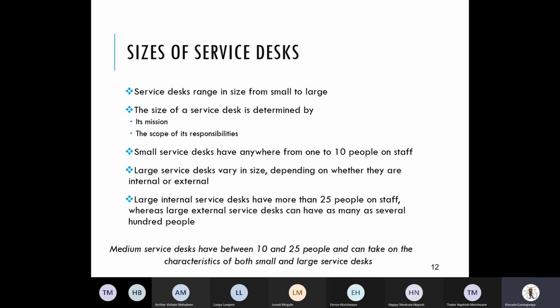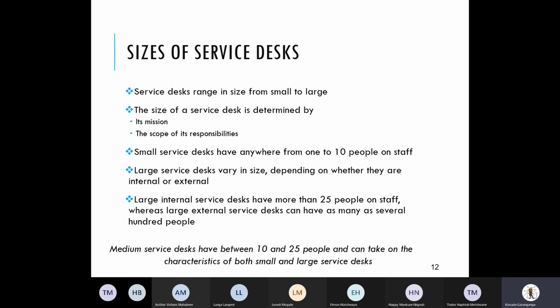So you've got the whole issue of the actual size of these particular desks being determined by the actual mission at large and, as usual, the scope of responsibilities. Right? What is this particular desk supposed to be providing for, as far as your environments would go? So you've got your small, normally ranging between 1 to 10 individuals. Your large, obviously, vary in size depending on whether they are internal or external as far as configurations are concerned. But normally you find that you're sitting with more than 25 individuals as far as your staff contingent is concerned. So 1 to 10 are normally associated with your small, and 10 to about